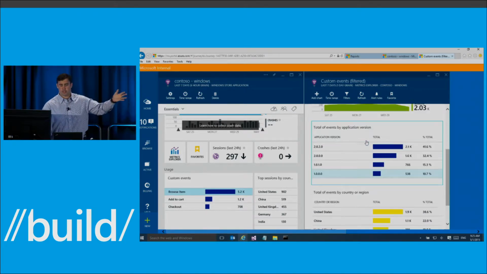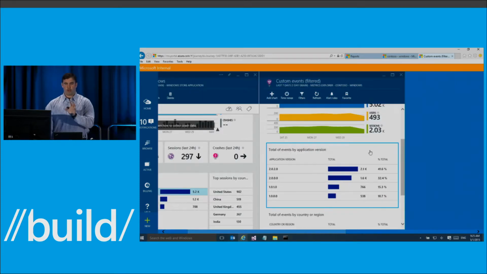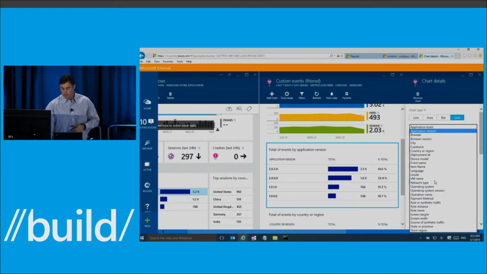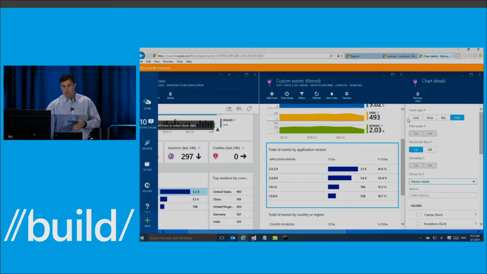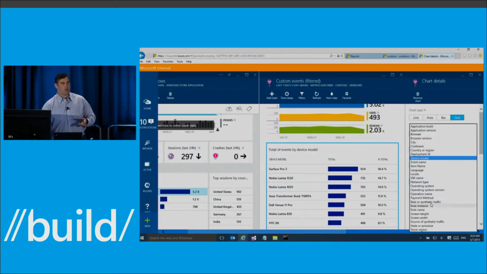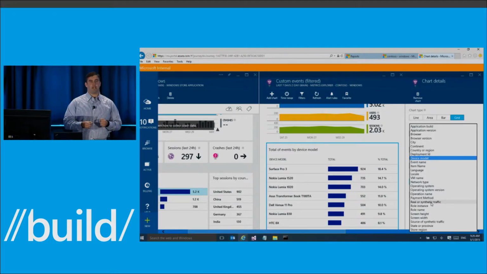You can see by region, by app version. But you can also customize it on your own. So say I don't care about the breakout by application version here. Instead, I want to see it broken down by some other metric, such as device model. So it's very easy for me to change not only how the data is rendered, but also the specific breakout of the data. So all of a sudden, now I can see how the browse item event is hit across all the devices out there. And you can see here there's a rich set of data available that's collected by the SDK, and you can build your own views and your own slices of the data and dive as deep as you need to gain your own insight.